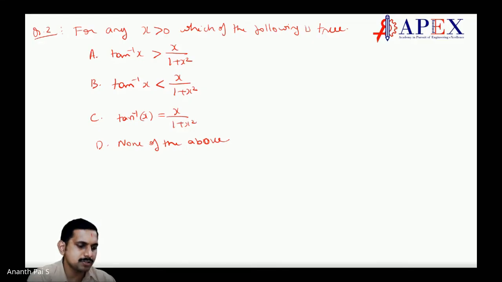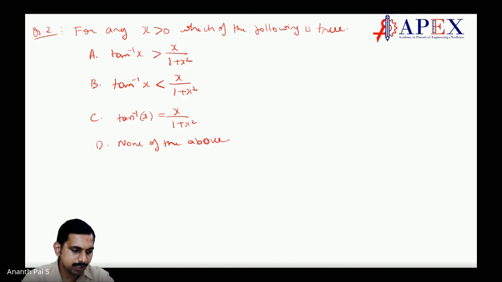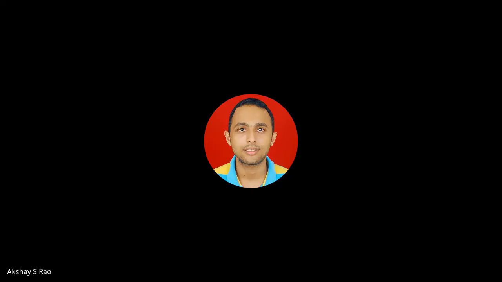Yeah, it is d by dx. What is differentiation of tan inverse of x? d by dx, is it not? Correct. Tan inverse of x is equal to 1 by 1 plus x square, correct? Can you say tan inverse of x is equal to x divided by 1 plus x square? No.